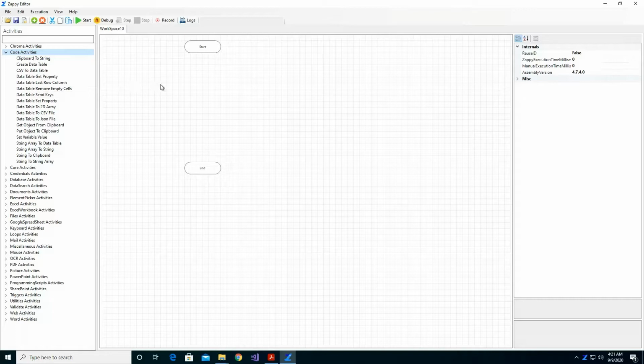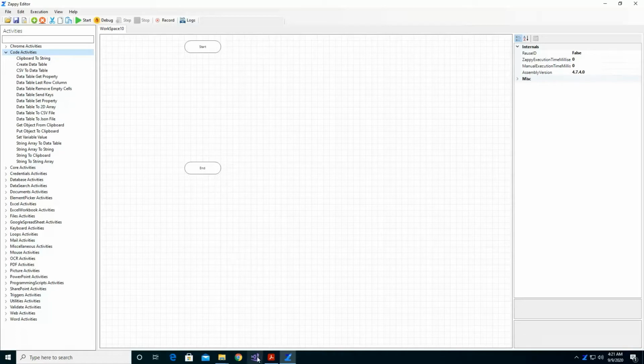To accomplish this, there are two major steps required to create a custom action. One is to have Microsoft Visual Studio to write your own code, and the other is to add the external assembly, that is either DLL or NuGet package files, into the Zappy Task Editor. For the first step, we need Microsoft Visual Studio with the .NET Desktop Development component. For better understanding, let's create an action which does a simple mathematical calculation in Zappy.